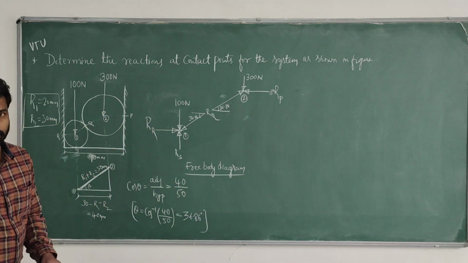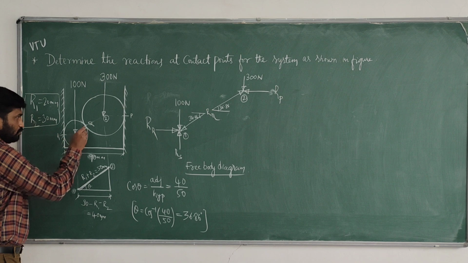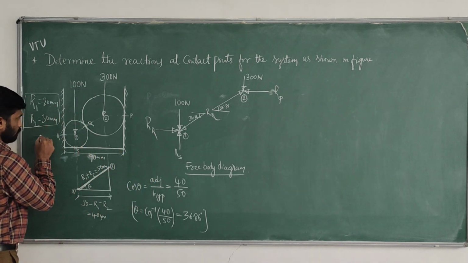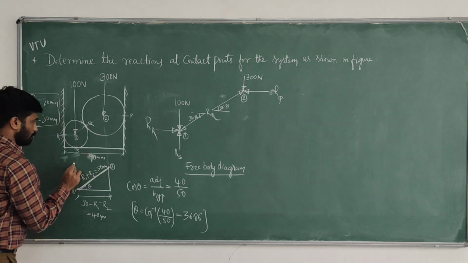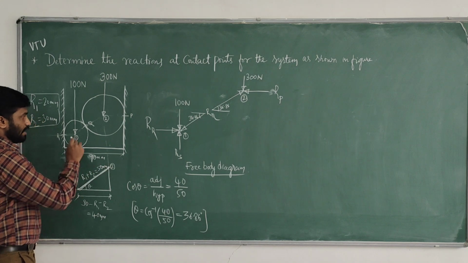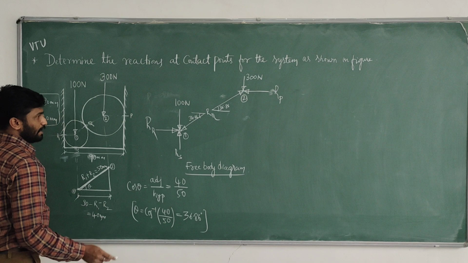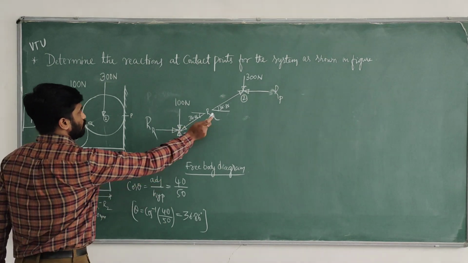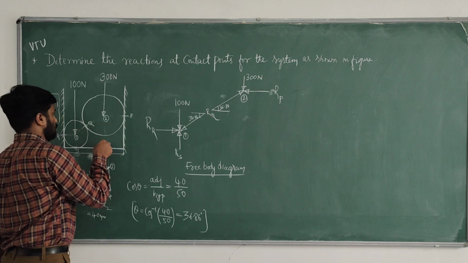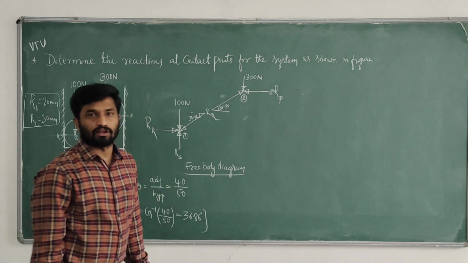This is the first sphere. How many contact surfaces? 1, 2, 3 and one more force, 4. First this is purely horizontal R R, purely vertical R S. This is inclined. The inclination we determine using this triangle by joining the origins. So this angle we determine, R Q. So in the first sphere we have 4 forces. In the second, one is purely horizontal, one is weight and one is inclined. So 300, R P, R Q. That's all.